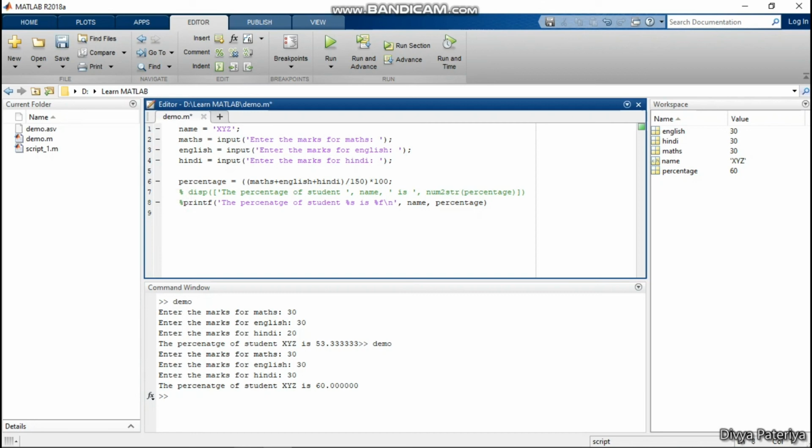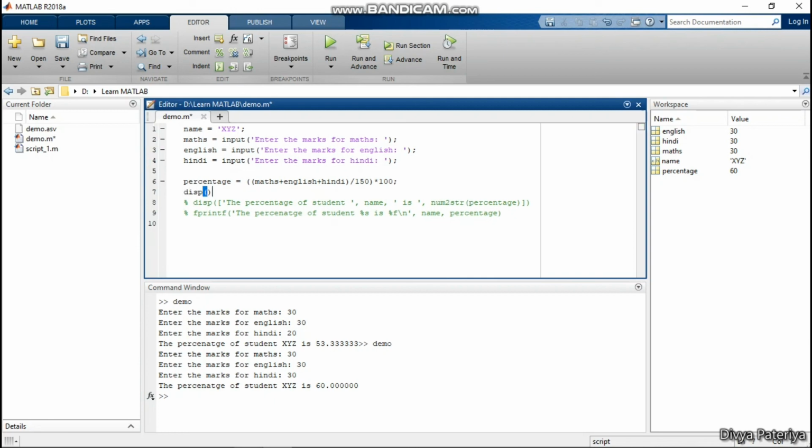Suppose I am giving a percentage sign here to not display it, and I will write here, the student got a decent percentage. We can also print this statement inside the single quotes.